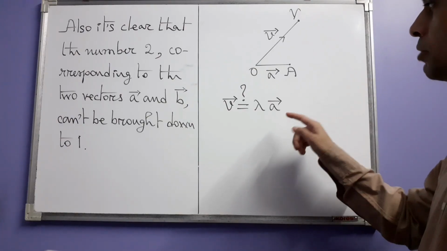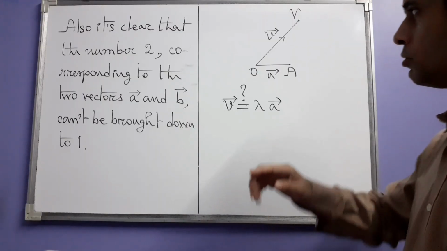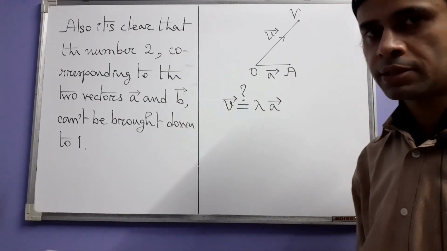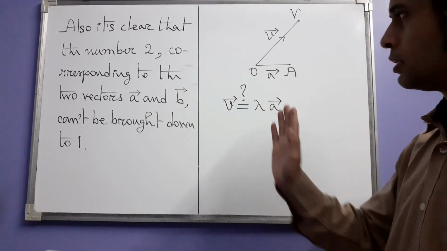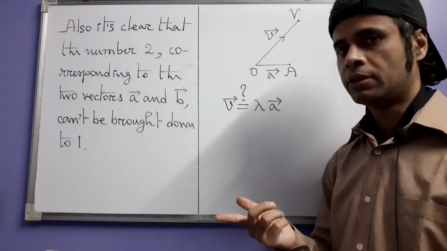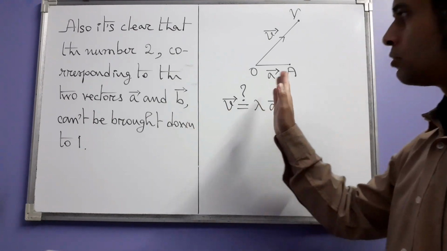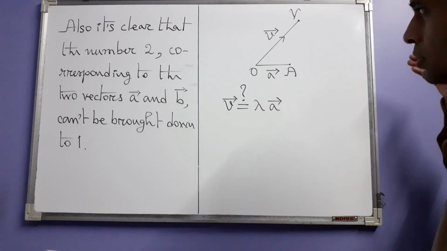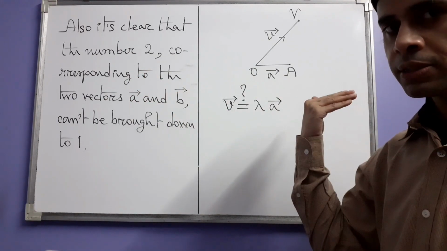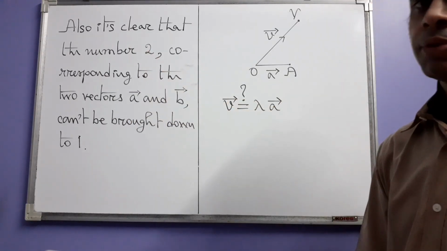Why? That is because this scalar multiple can only give you vectors which either point in the same direction as A or which point in the opposite direction as A with different magnitudes, but it will never give you this. So we see that we need another vector besides A, and that too not just any vector, it should be a vector which itself is not pointing either this way or that way. You remember that condition, that the direction of B is neither the same as A nor opposite to that of A. So the number 2 seems to be somewhat special,